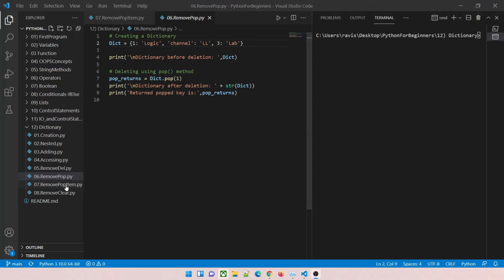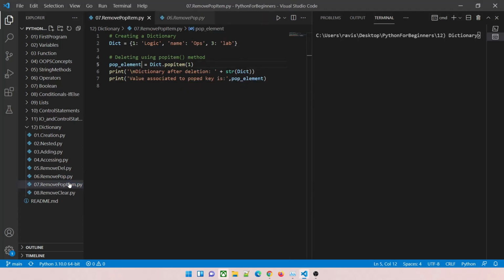Okay, so let's move to popitem and let us understand how it works. So what we have done is we have created a dictionary over here. You can see 3 values and 3 keys over here. We are going to delete using a popitem method. So it's arbitrary, so you don't have to give a value over here. I'll just save it like this. So it will just randomly delete a value, and then we can catch it over here, and then we'll print it over here. This is one other way to write it. So let's try working on this.